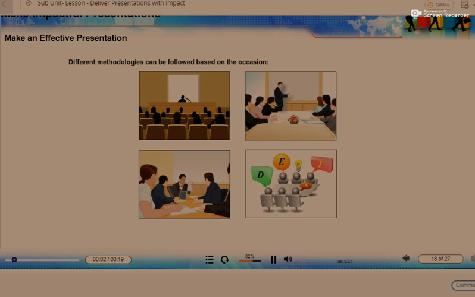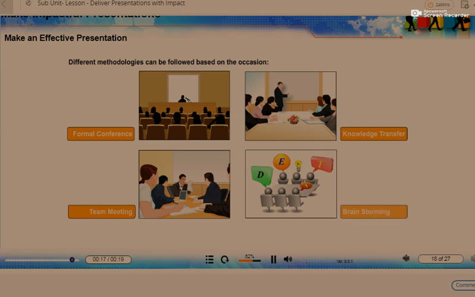Different methodologies can be followed based on the occasion. Presentations are made for varied reasons. Based on the motive, we have formal conference, knowledge transfer, team meeting, brainstorming,